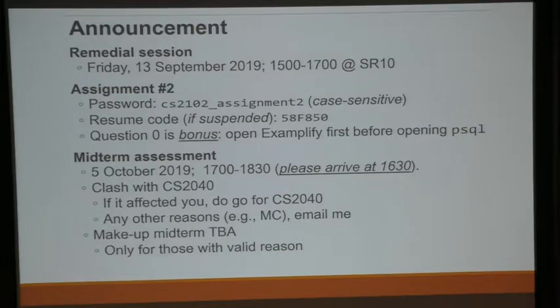I will arrange for a makeup midterm. If you have other things, please email me as well. I will only accept valid reasons, okay? And if you cannot come on that day and you're sick, please take MC. Okay, so that's the announcement.